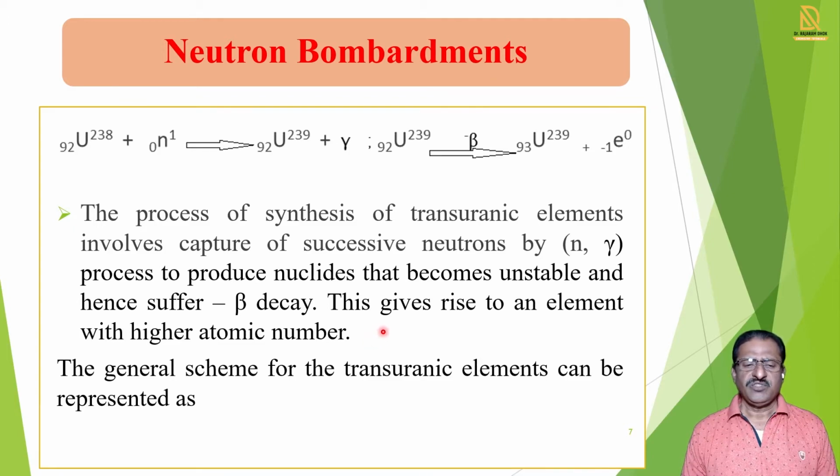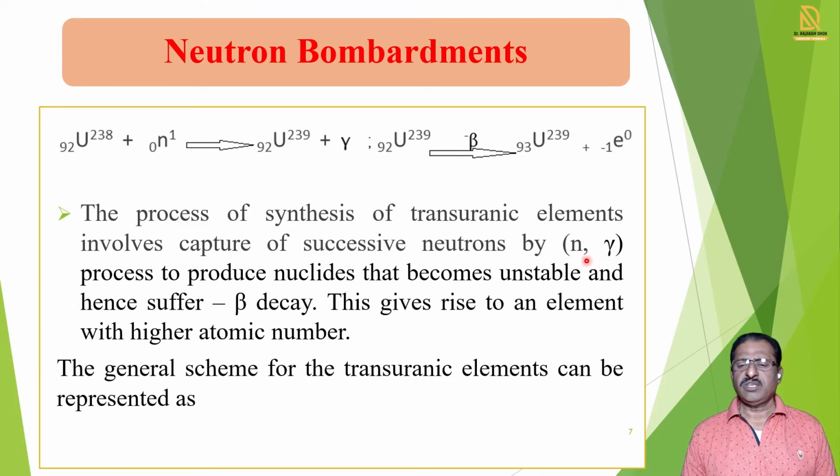So in this way, we can carry out the process, and in that process, we can bombard the neutron, and there is elimination of a gamma particle. Such a type of reaction is called N gamma. N gamma means that the particles are given in the bracket. In that, the first particle is N and the second is gamma. So what is the meaning of this? The first particle is the bombarding particle and the second particle is the eliminating particle.